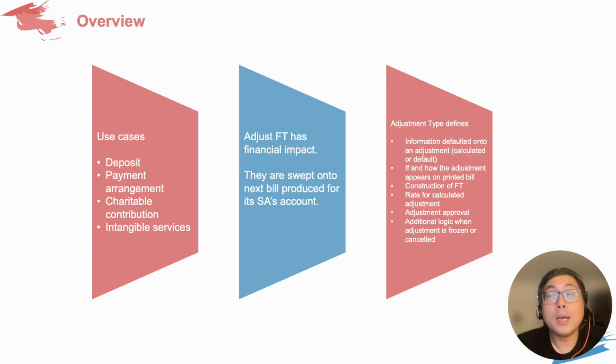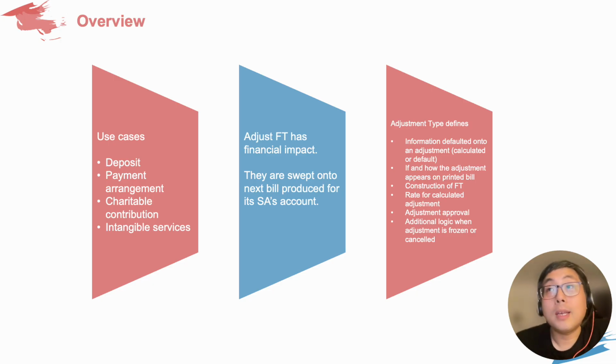But one thing I haven't written down, and it's very often being used, is transfer adjustment. Basically, let's say you have some balance on one of the SA you want to transfer to another SA, you use adjustment. For example, let's say excessive credit. Normally you have an SA for excessive